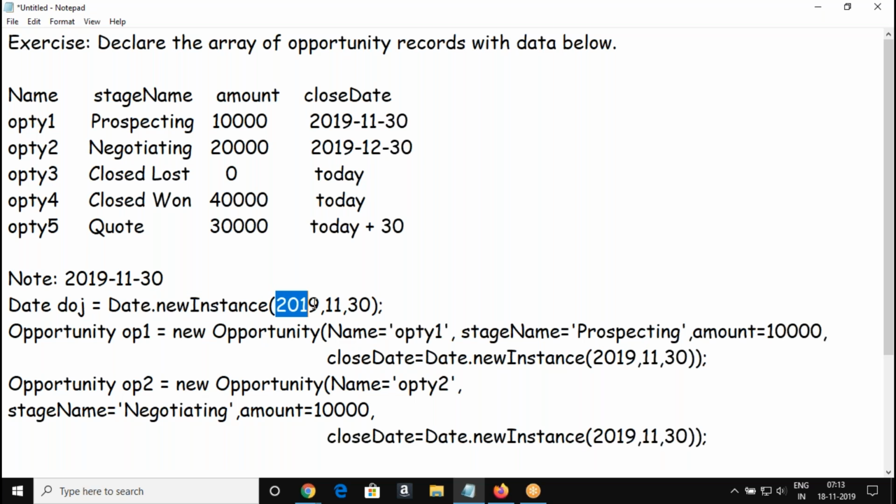So we pass arguments, then it will convert this data into date format. So you can store it into a date variable. You cannot store the date value in the form of a string. You have to use a date method to provide a value for your date variable. So this is one of the date methods we'll use to assign a value in the format of date. So now the variable is of date type.